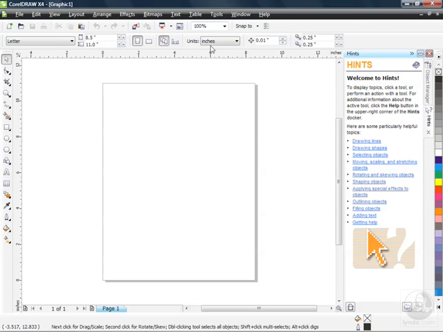My default units is set to inches. That was selected during the installation process, so that's all automatic for me. And I'm ready now with my blank page here sitting in front of me to get creative and start working on my first project. Now, like I said earlier, if you wanted some help and you need a head start,